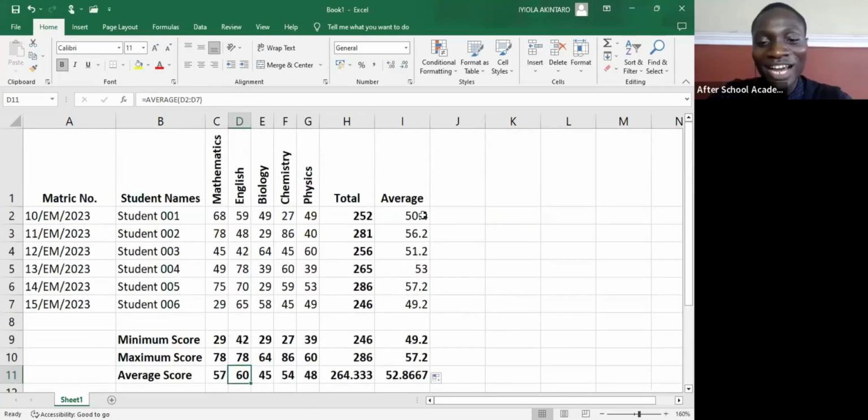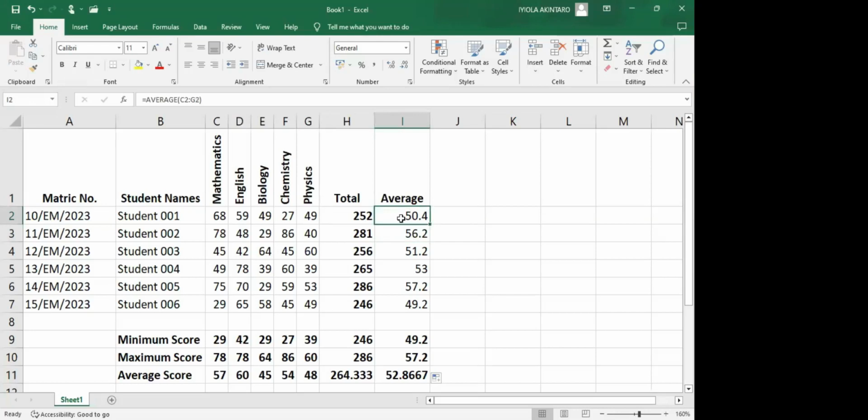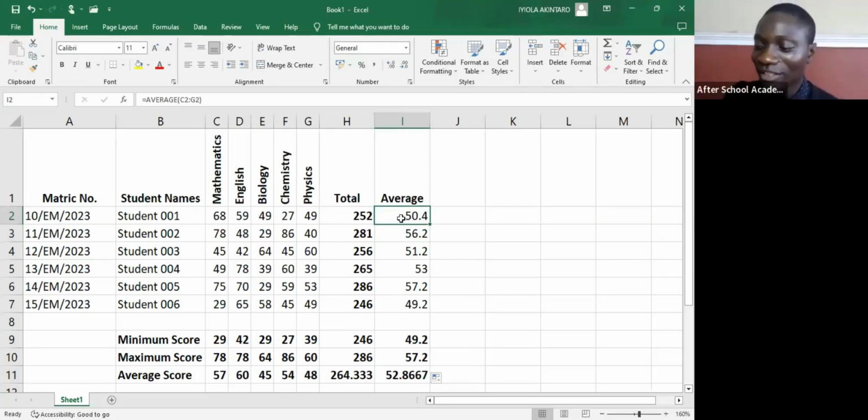Okay, so finally for today, let's do conditional formatting. So that will be the last thing we'll be doing for today. Then you can go ahead and practice what we have learned. So,